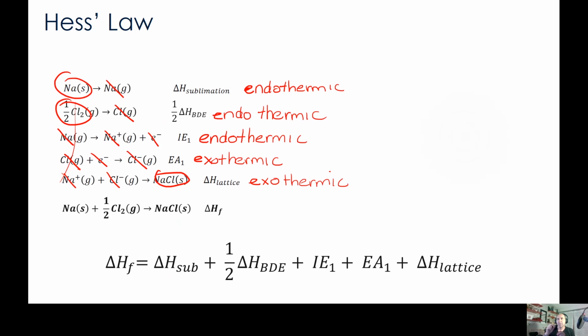And that's because sometimes we're going to have an ion that forms a +2 ion, right? So for example, instead of sodium chloride, we're doing magnesium chloride. And so I want to make Mg2+, but we have to treat those ionizations in sequence. So I do the first ionization and the second ionization. Also, it's possible that instead of having a nonmetal that's a gas, I might have bromine, which is a liquid at room temperature. So it's not sublimation. I might have to add in, say, the vaporization of bromine. Or if it was iodine, which is a solid at room temperature, I might have to add in the